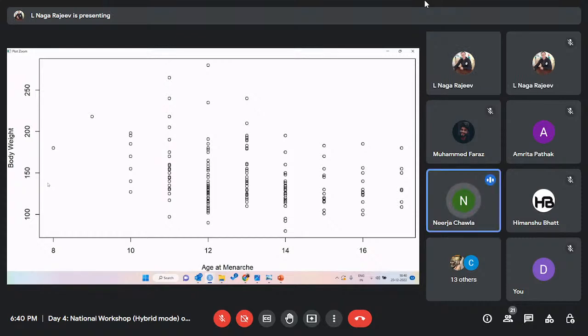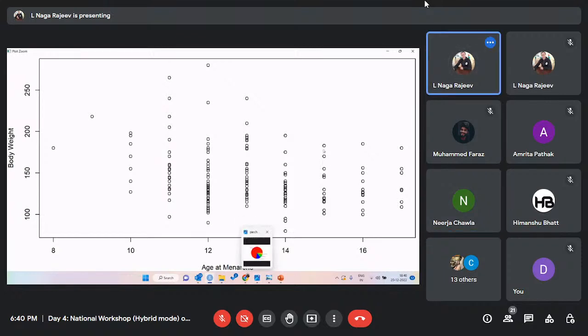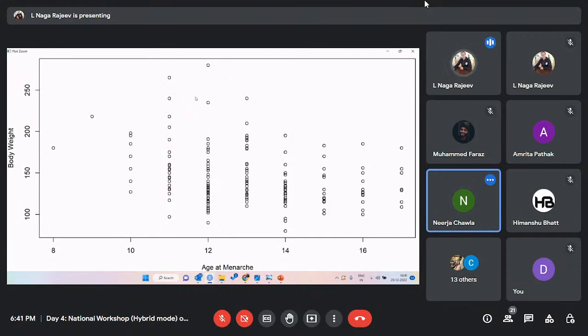Sir, numbers above 250. Okay. What about this? Many outliers are there. How many? Sir, actually, please just approximately